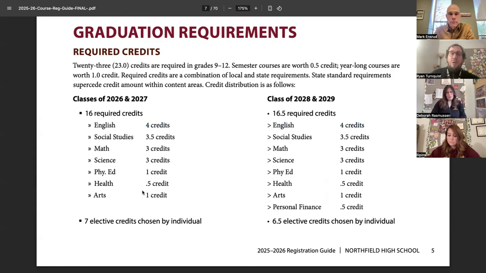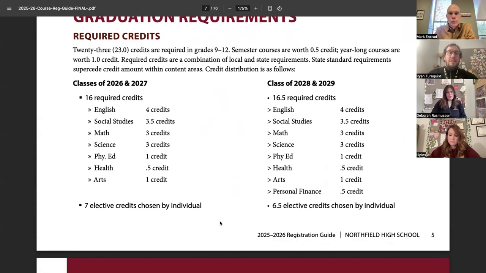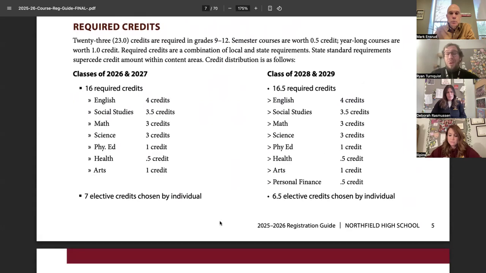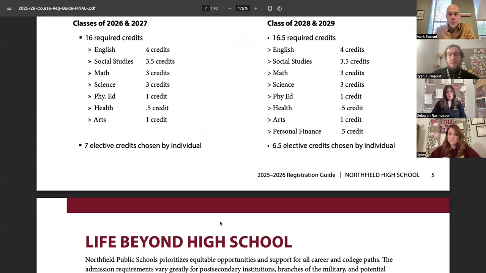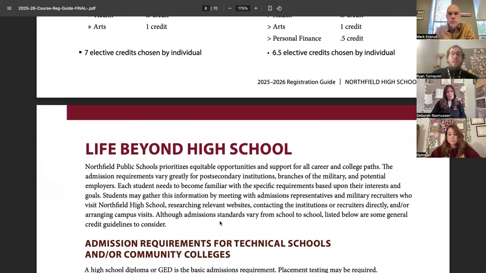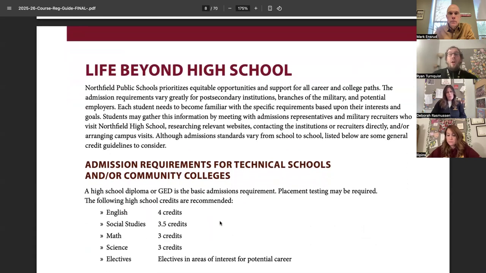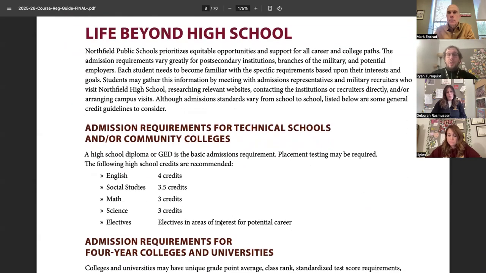We know you need to get to 23, and in those specific areas, as you work your way through the registration guide, you'll see that your sequence for classes that are required is pretty clearly laid out for you. So you want to make sure you're referencing that as well. And when you're thinking about requesting courses, you're going to want to think about life beyond high school,